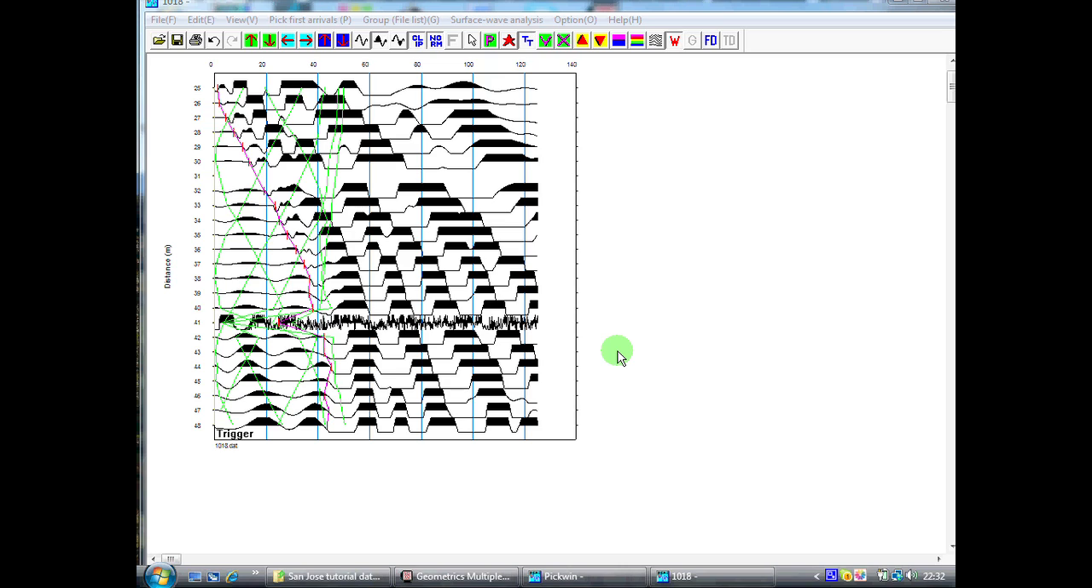When we've picked our first arrivals from all 7 of the shots within our spread, we get a picture which looks something like this. The green lines show the lines of the first break picks from the previous files. The pinky red file here with the little red ticks on it shows the first arrivals that I've picked from